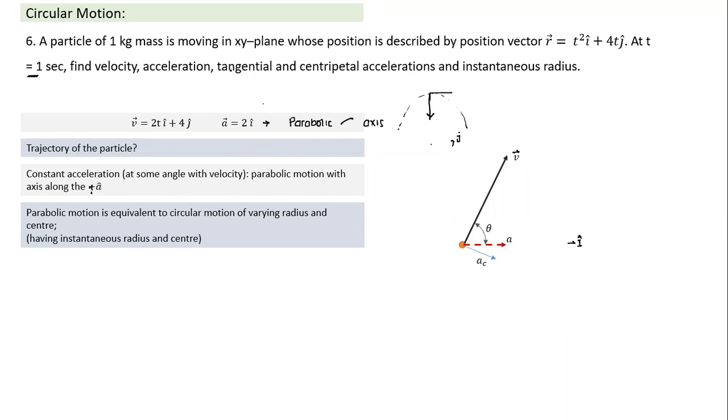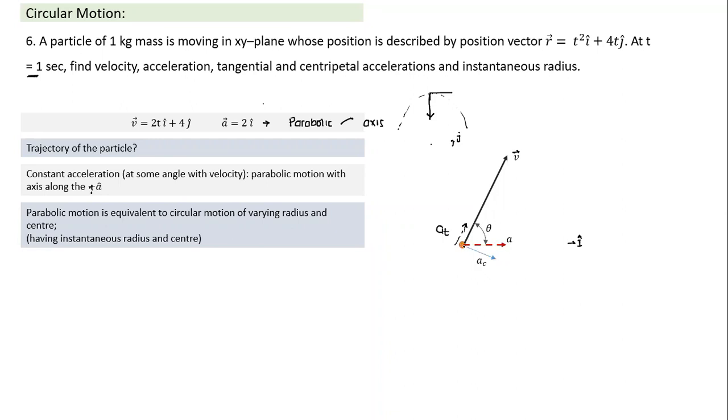Now what else do we need to find? We need to find tangential and centripetal acceleration. The acceleration makes a certain angle theta here. What is called centripetal acceleration? It has to be perpendicular to velocity. So this would be the centripetal component of acceleration, and this would be the tangential component. How would I find it? If the magnitude of A is known, A cos theta is the tangential component, and A sin theta is the centripetal component, which gives it circular motion. The tangential component is changing the speed, and this component is making it move in a curvilinear path.